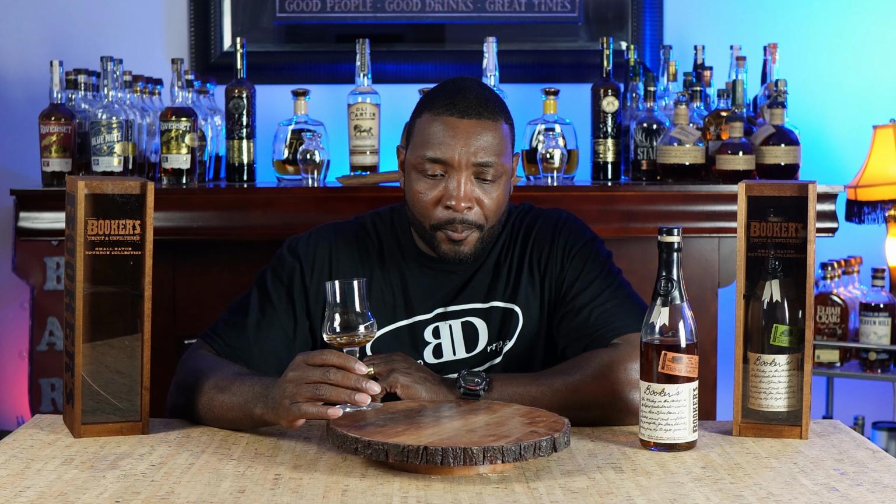Let's go back into the palate one more time. So that's spicy cinnamon, spicy clove, a little bit of barrel char. You do get a very good mouthfeel for it to be 7 years old. It's very sweet, but it does have a little bit of savoriness to it as well. I am going to have to say that I am really liking this. Will I say that it is one of my favorite Booker's products out there? No. I mean, it comes in at